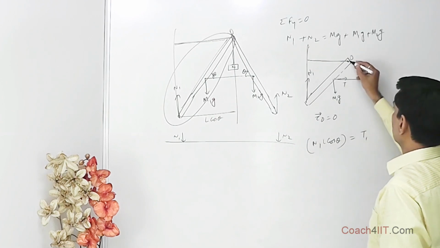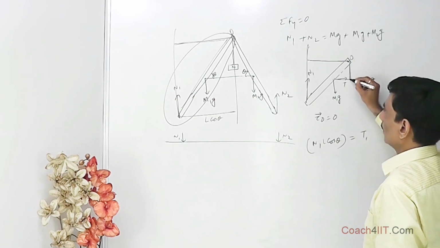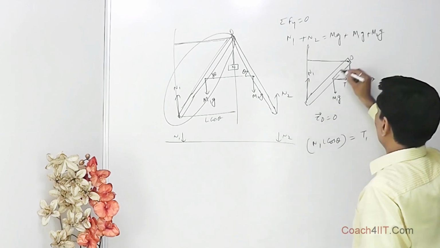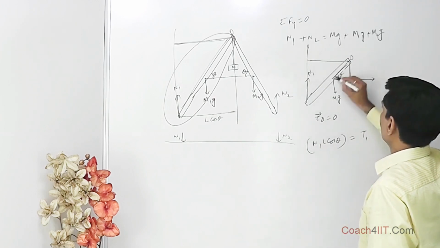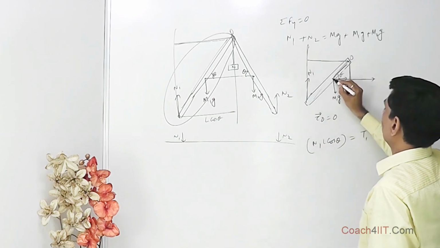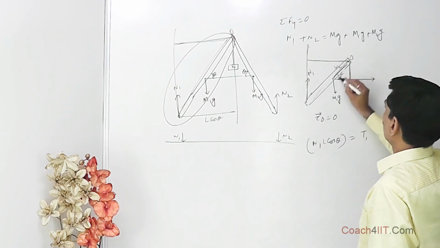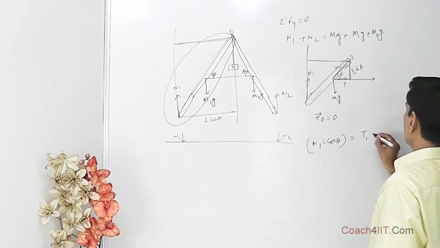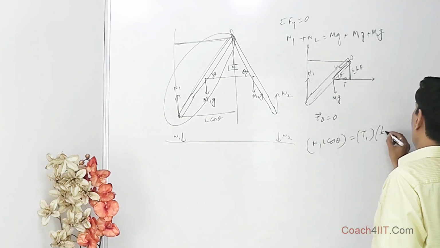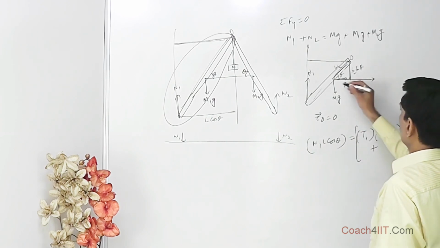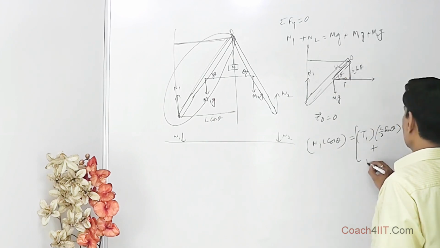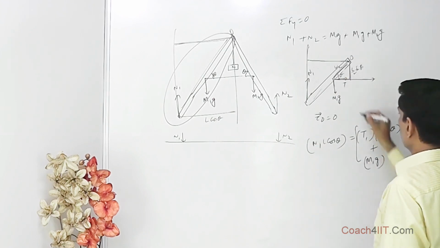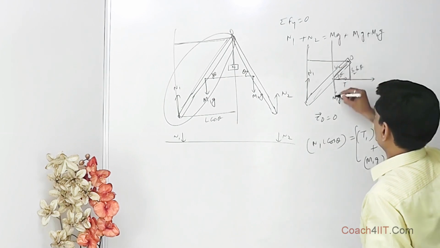this is line of force, this is acceleration, we have to have this distance, that is, this is L by 2, this is theta, this is L by 2, total length is L, this is in the middle, so this is L by 2, so this is L by 2 cos theta, so this is L by 2 sin theta. So T1 into L by 2 sin theta plus, now of this mg,